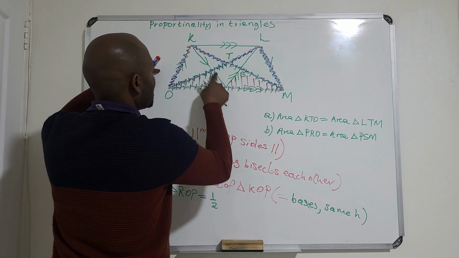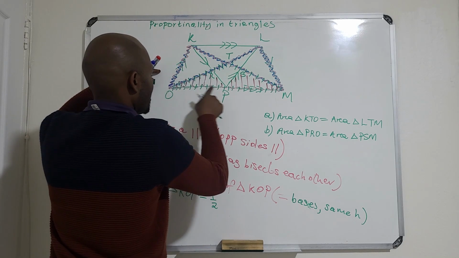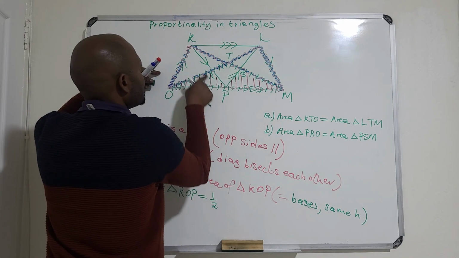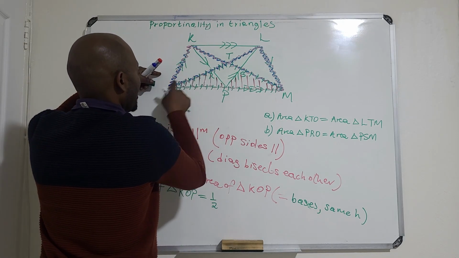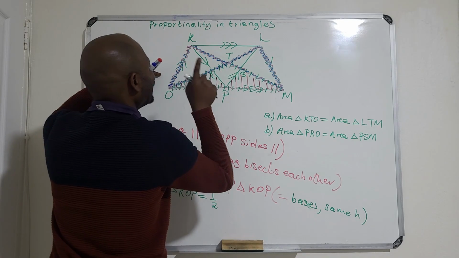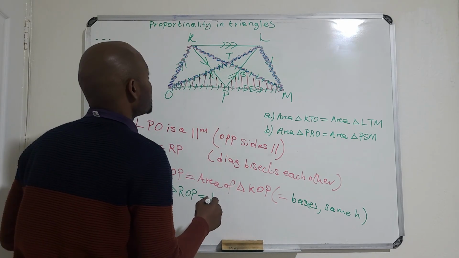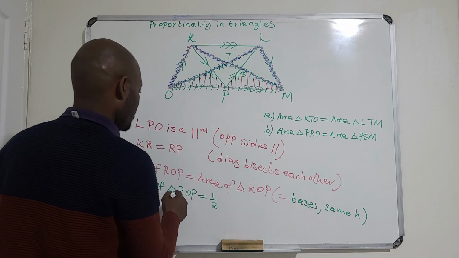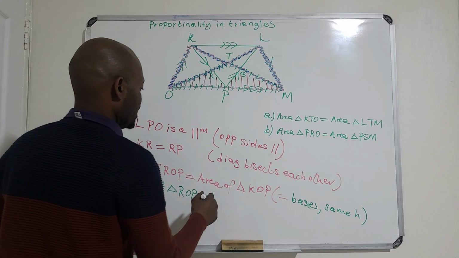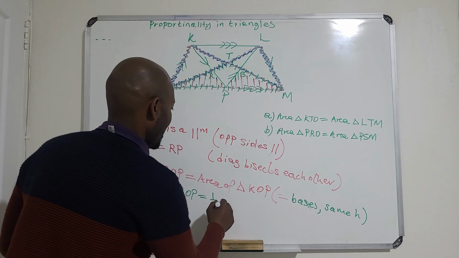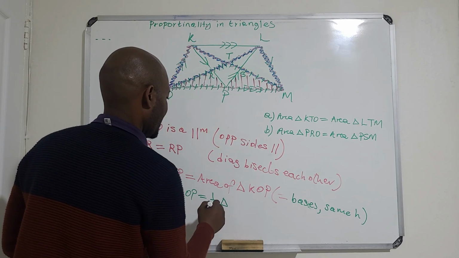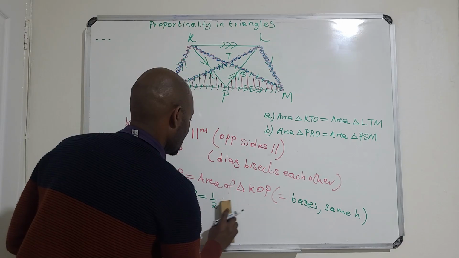Since these two triangles are equal, the area of this is half the area of that, which is equal to the area of triangle PRO is equal to half the area of triangle